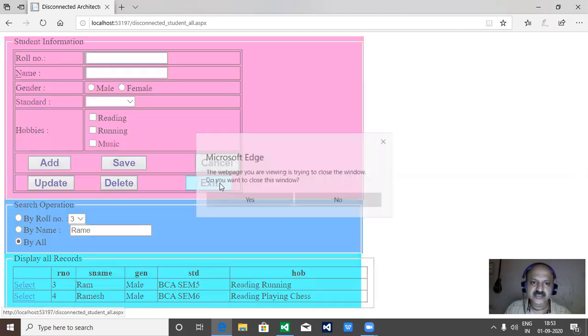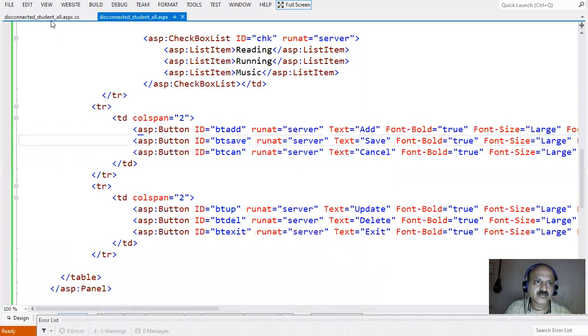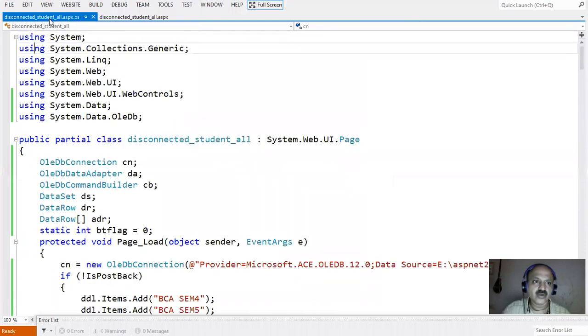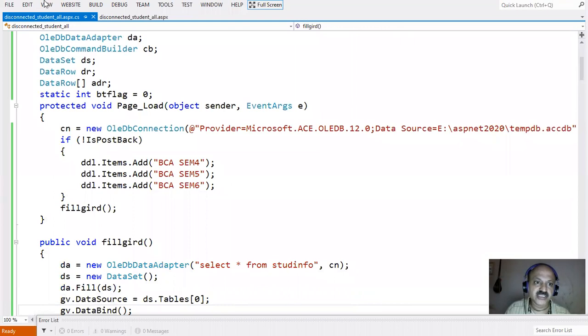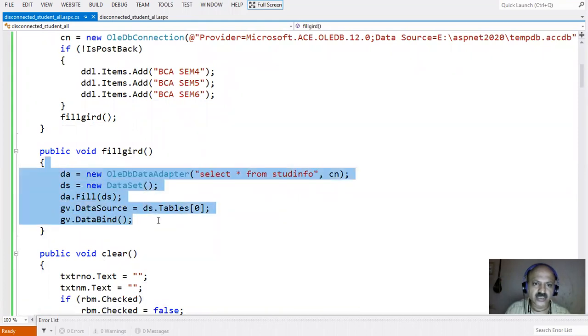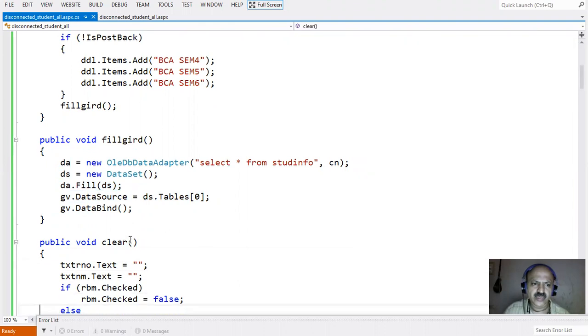So I exit, and now I just show you the coding. So all the coding is well. We can do many things in the coding here. So first, in page load, with connection and IsPostBack, I explained that in fill grid. There is the fill grid operation, and I will just revise and summarize. So here that line takes the server table, client, and assigns it, and binds the data source. Clear, you have to know, very easy.